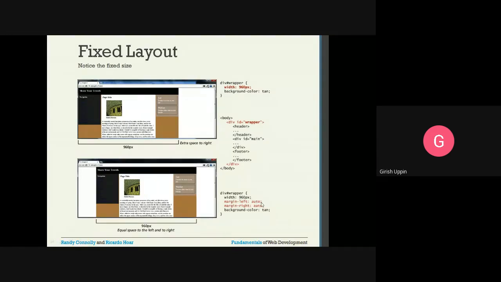If you set it as automatic, it will automatically adjust itself so that whatever the div's content is will be centered with equally divided empty spaces. So on both sides you will have empty spaces. This look might be a little better than this, but still we are going to see those empty spaces whenever the screen is larger.